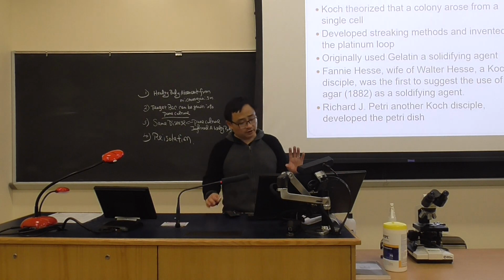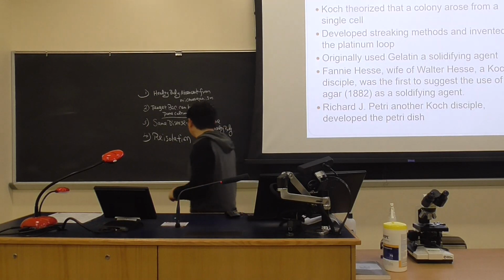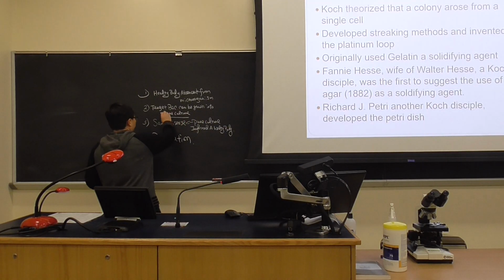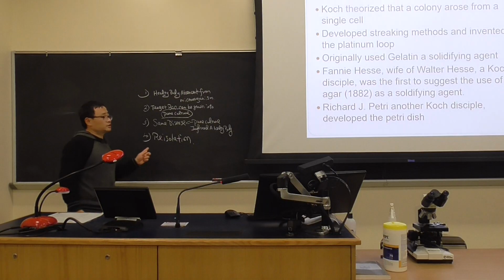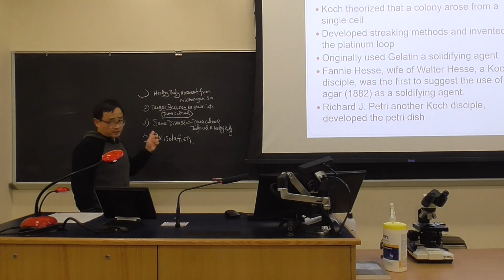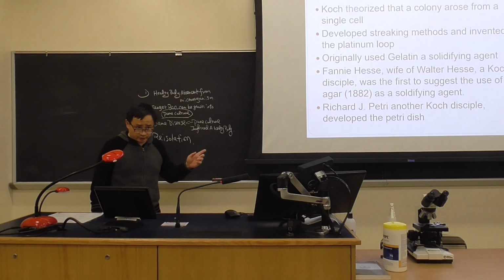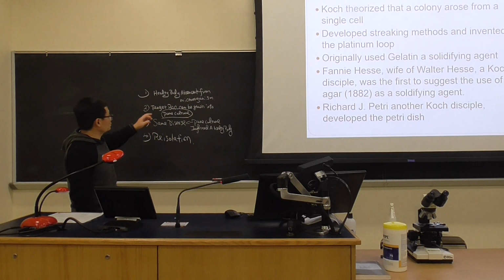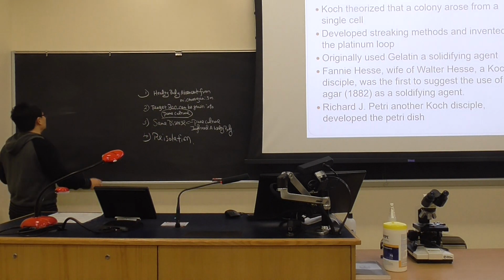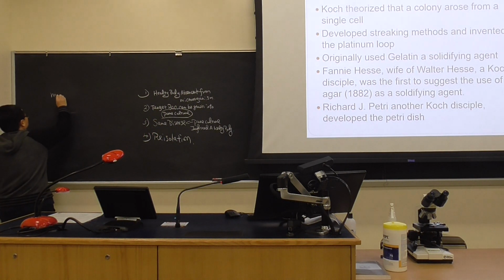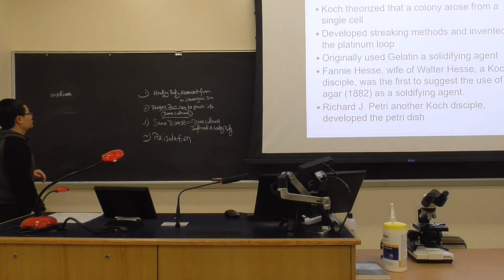And Koch did a lot of other things. So here is the thing, a pure culture. So what is pure culture? Which means there's only one genome, one species name, and there are no contaminants. So the first threshold, or we say the difficulty to get the pure culture, is what kind of media you should use. What kind of bacterial media you should use.